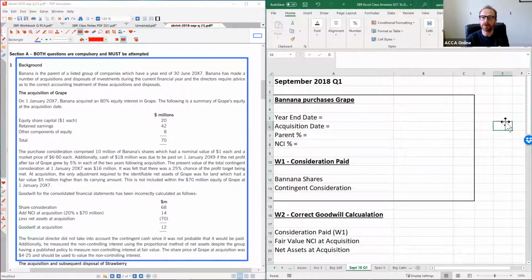Okay, I'm going to give you about 3 or 4 minutes. In fact, I'll give you more because you do need to read through all that information just to get an idea of what they're telling us. But we already know that we have to correct the goodwill. So they've obviously done this in the acquisition, but they haven't calculated the goodwill correctly. So you'll need to think about that as you go through.